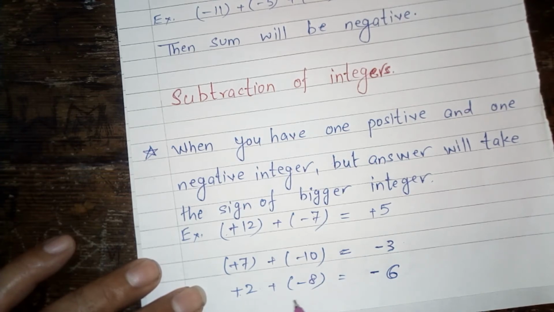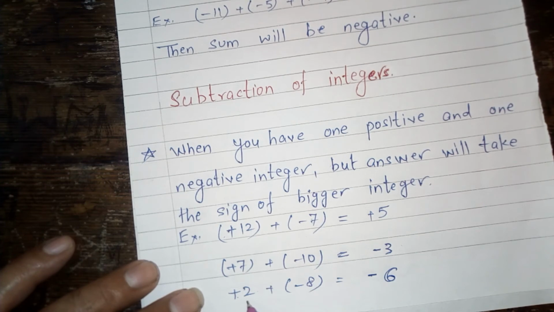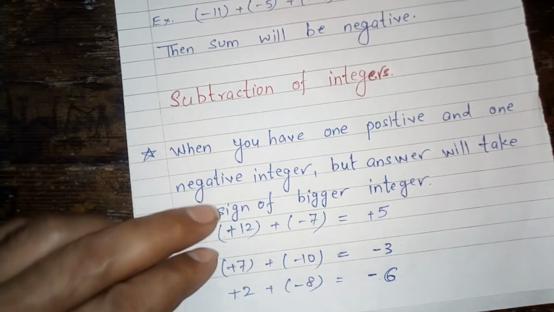The meaning is, 2 plus in bracket minus 8, you will get minus 6. This is the answer of your question. Okay,